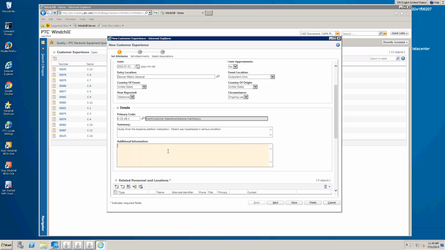So there was a timer on the actual machine that actually malfunctioned, and what it ended up doing was giving the customer or the patient more medication than they needed. And of course, because of that, that customer was actually hospitalized, and once again, they're now in serious condition. Now, any additional information for that machine, the machine itself, the machine has been quarantined